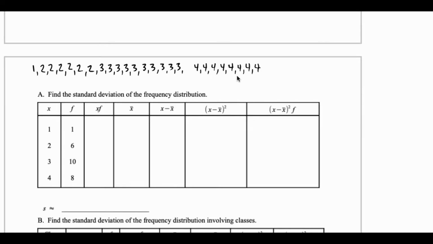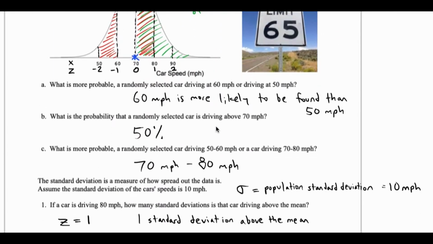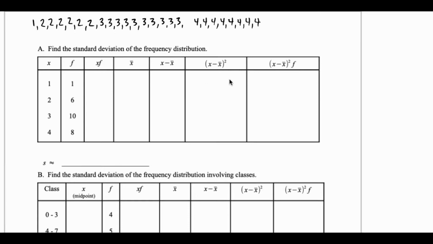Yeah, so if we list the data all out, it's just too much to do with the method above, because you can see the rows would be just too many. So instead, let's use this method, which says we can take into account the frequency or number of repetitions with the letter f. So if you just follow all the steps in this table, keep in mind that we do want to find the mean of this frequency distribution, which, as we saw in the past, is sigma xf over sigma f. So that's why those columns are there for f and xf, because we want to use those to find the mean